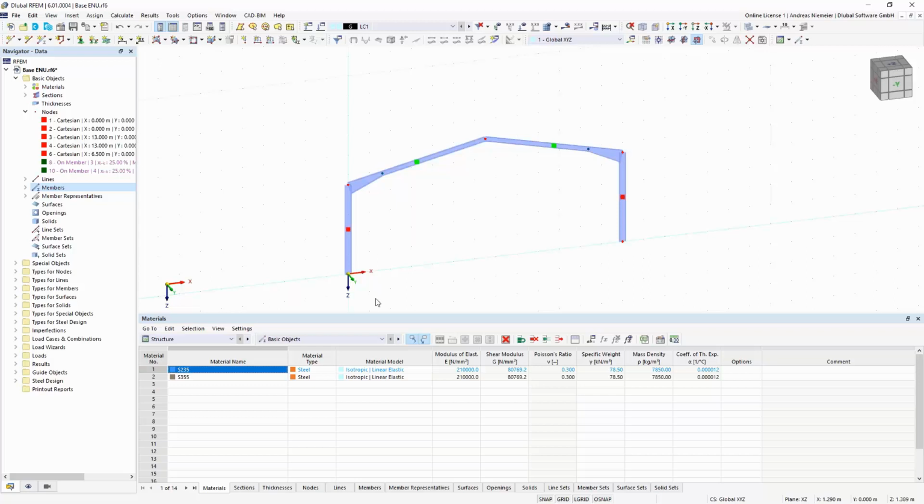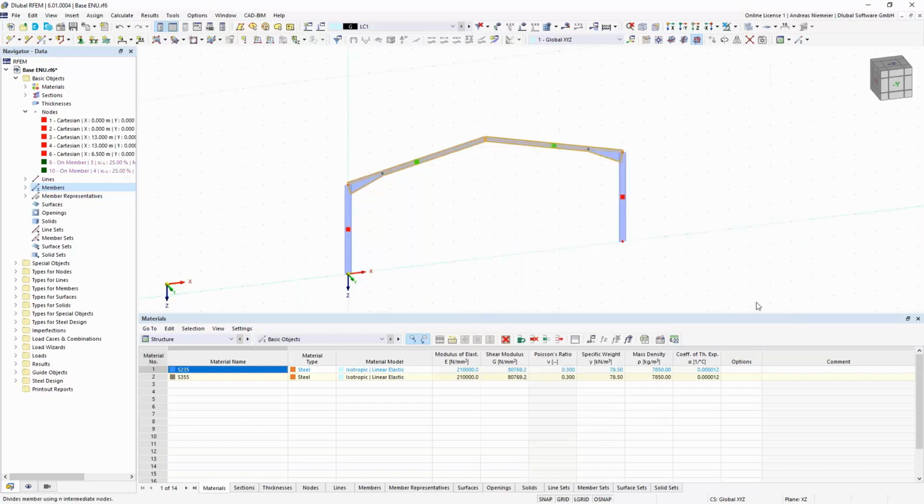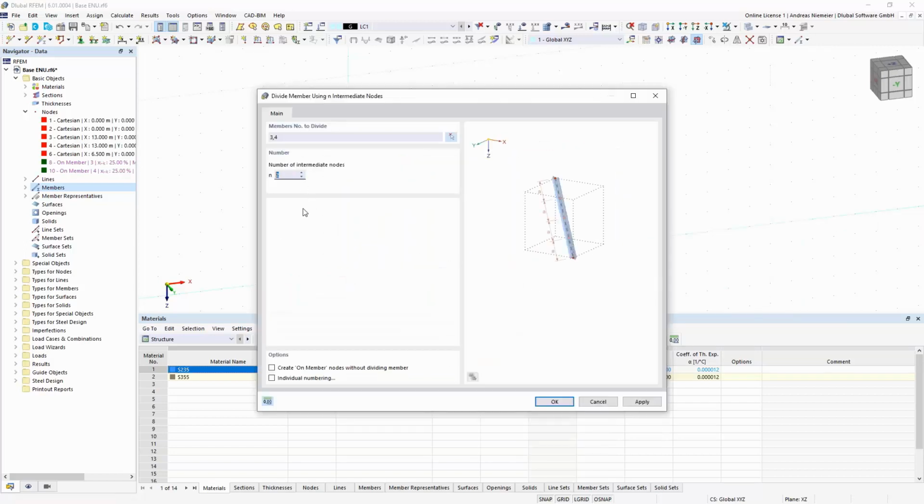But before we copy it into the third dimension, we create connection points for bracings. Let's say I want to divide these members into 3 parts. So I make 2 intermediate points, but I use the function create node on member.